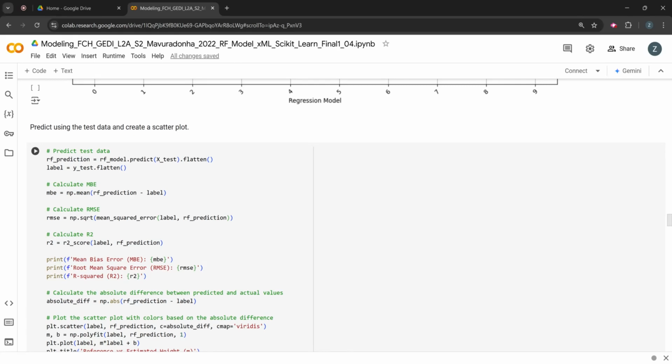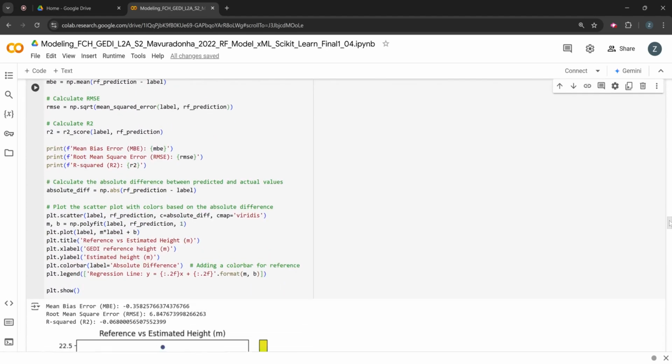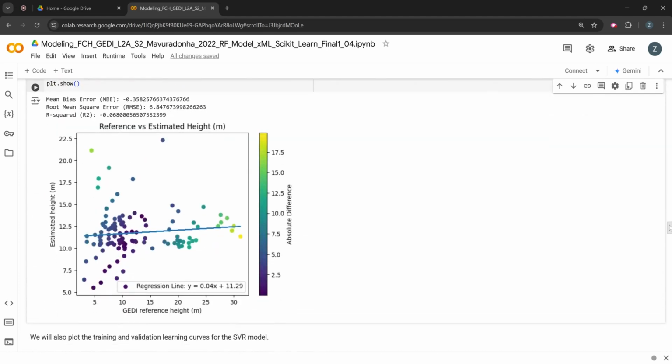So we are taking the model that we got from random forest, and then we are going to predict using the data that we did not use, so the test data. So this is the data that the model does not see. So this is going to give us an idea of how the model is actually performing. Right? If we run this code, we are going to produce this